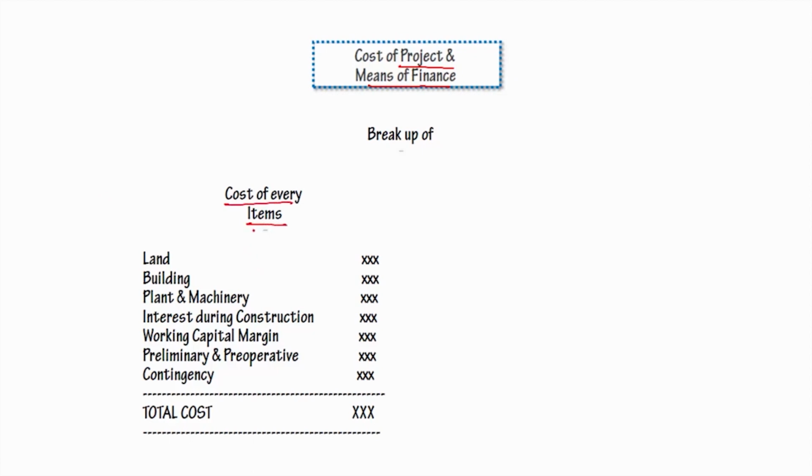This makes the cost of project. It is not necessary that all these items should come in all the projects. If the project involves purchase of land, then that cost. If it involves constructing a building or acquiring a building, that cost should come. Purchase of plant and machinery should ideally be divided into domestic and imported, so that the sanctioning authority can get a view of the forex risk involved here.